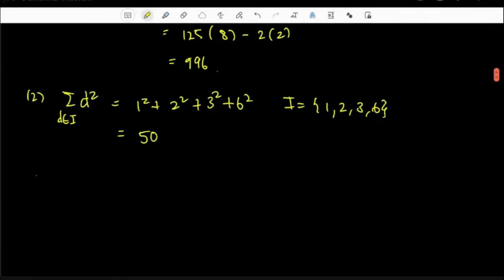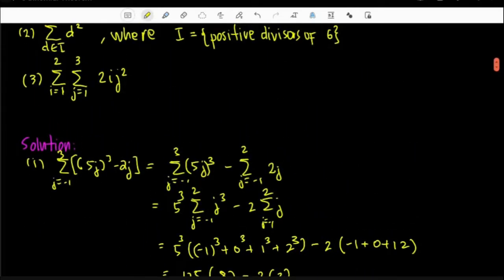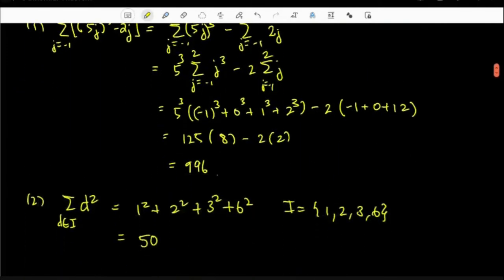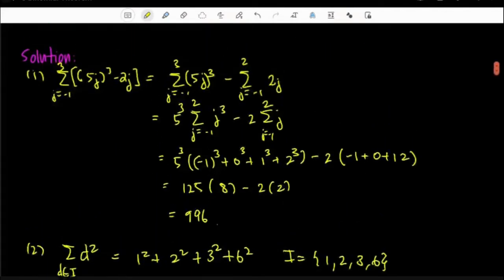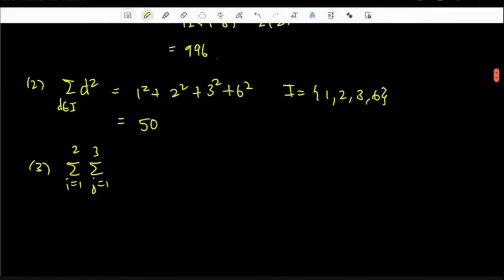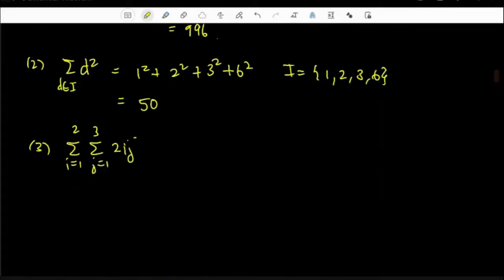Okay. Number 3 is a double summation. So we have the summation I from 1 to 2 and summation of j from 1 to 3 of ij squared. So what we can do here is we first evaluate the inner summation. So the inner summation is summation from j equals 1 to 3. We have I equals 1 to 2. So evaluating at